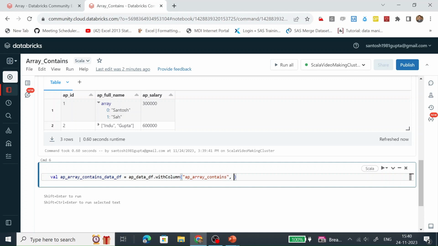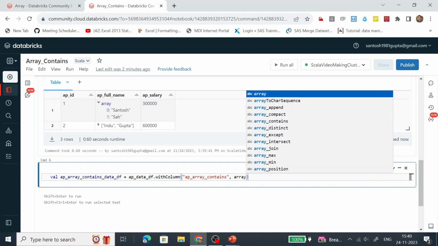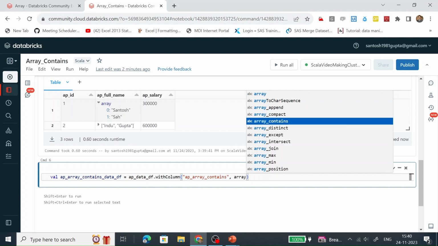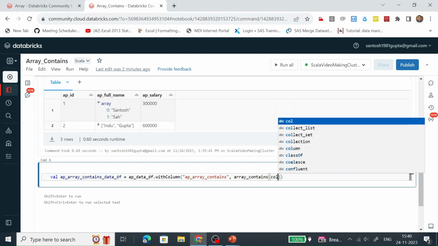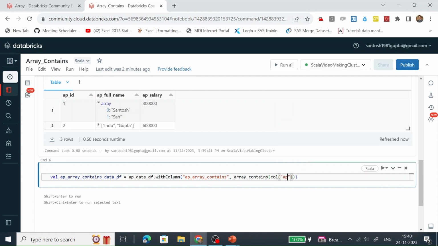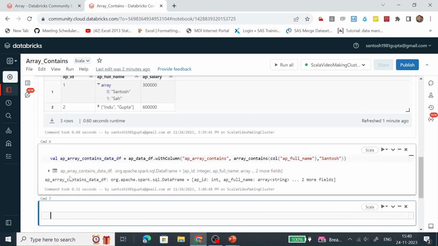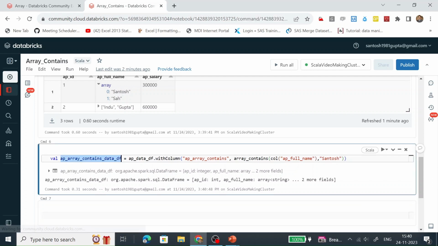And how is this column going to be populated? It will be populated with the help of the array contains function. Which column? We are looking at the text of the data. The column name is AP full name. And what are we looking for? We are looking for Santosh. Let's run it. This data frame has been created successfully.